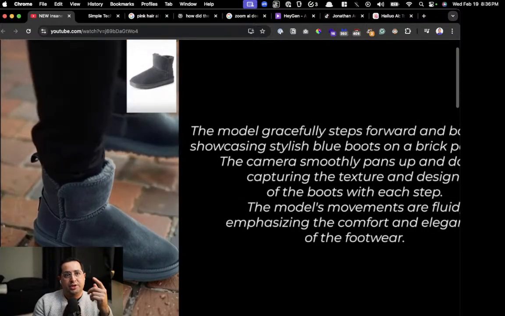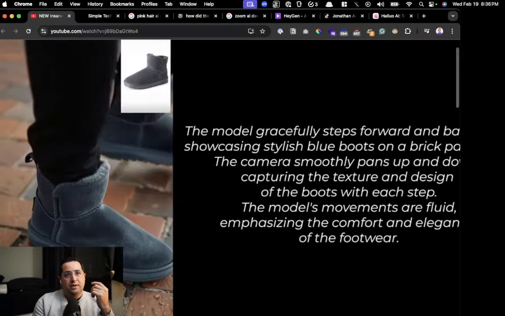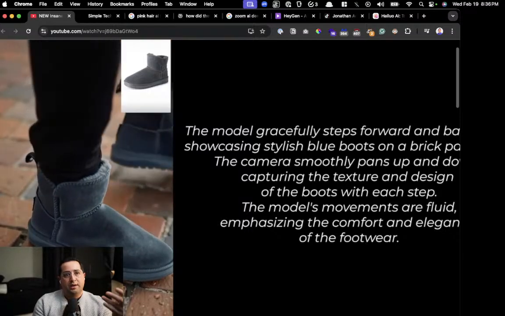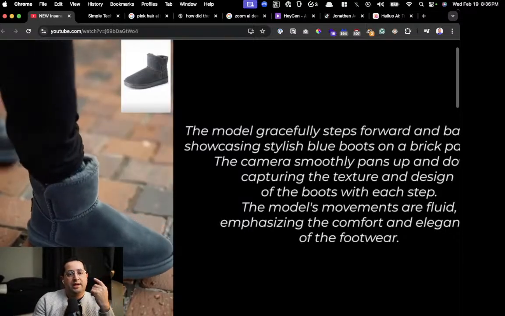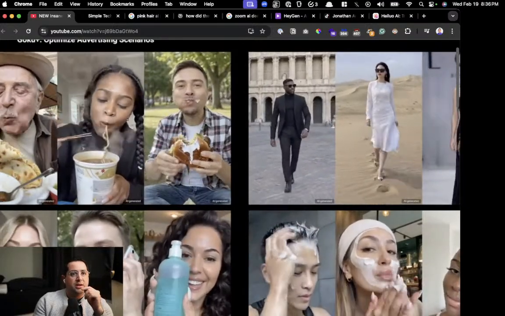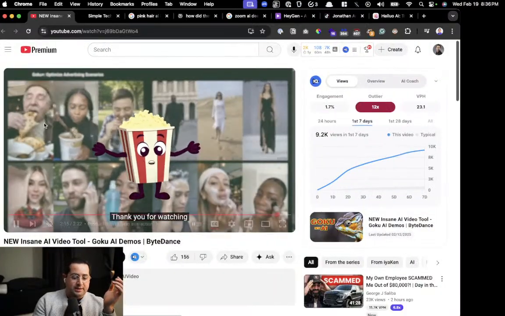This is another one of a shoe. So you put the shoe, you have the whole prompt, what you want it to do, and then it'll create that commercial or ad for that product, basically. This is really great. Too bad Brian is not on this chat. Brian does fashion. And so, yeah, that's a thing now.